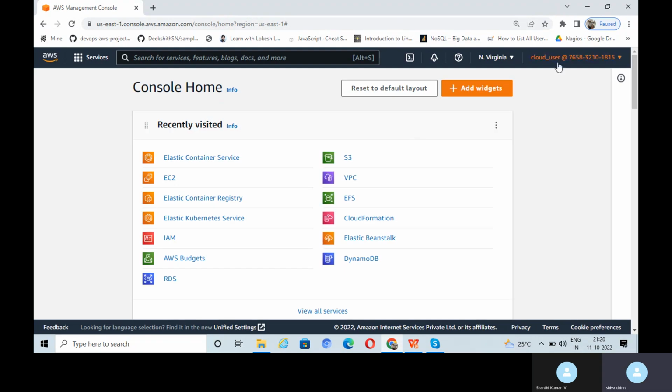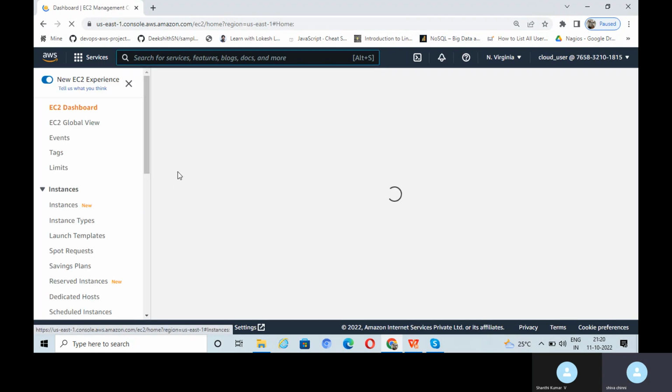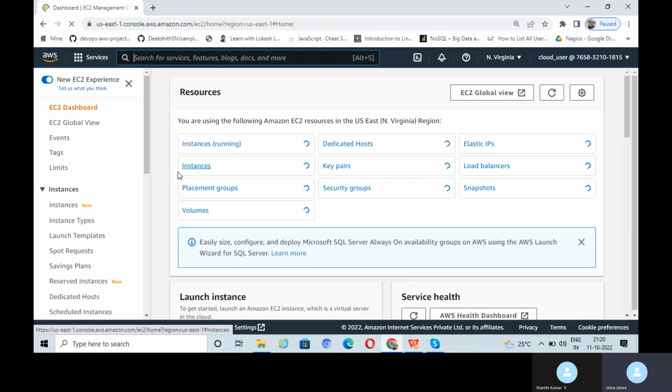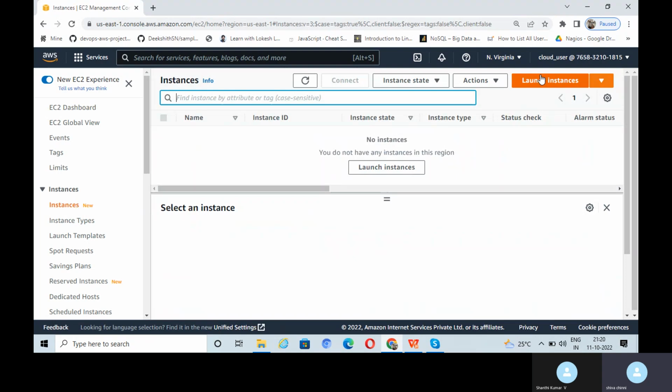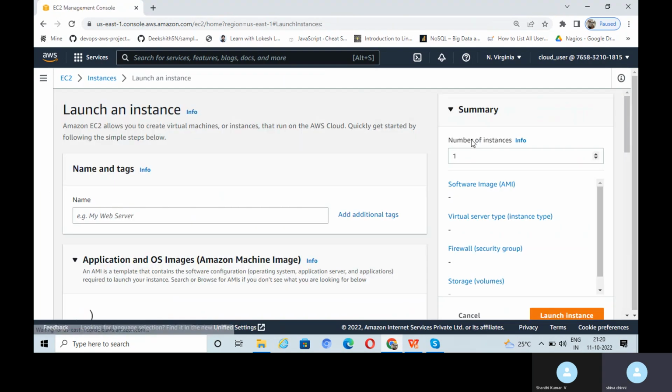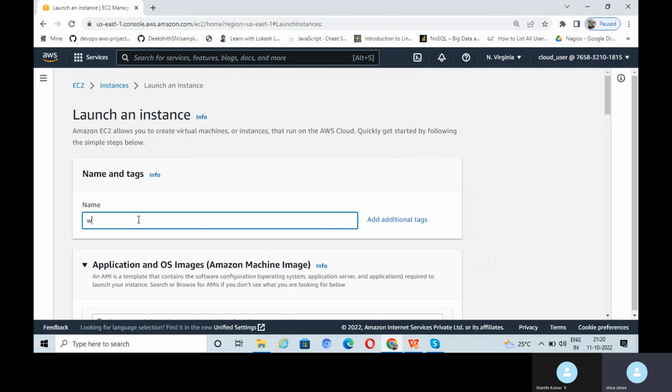So I log in with my home console AWS, my username. So select EC2. So go to instances, launch instance. So just give